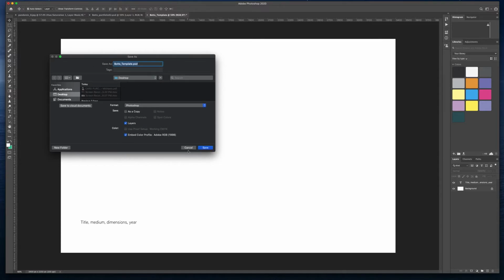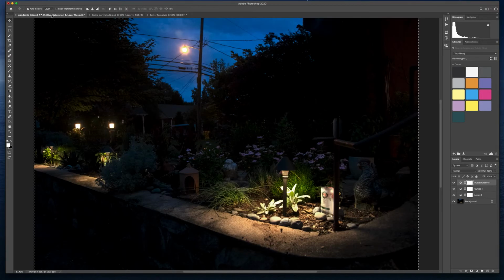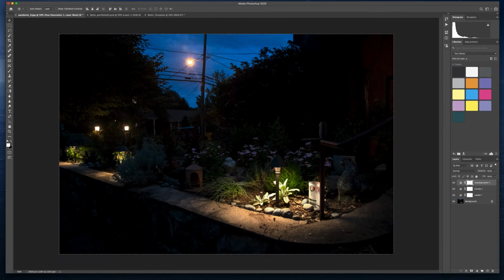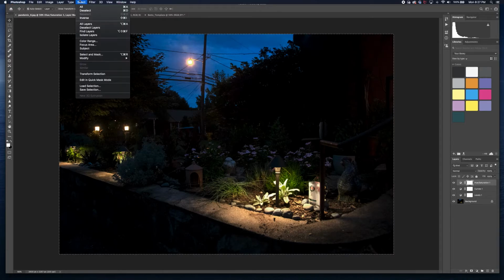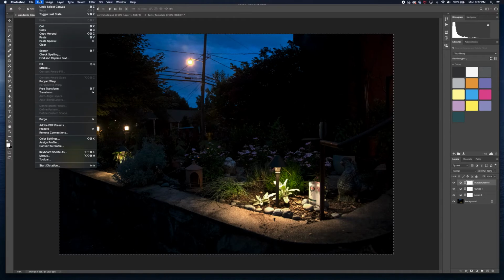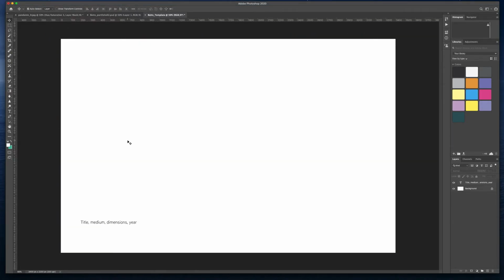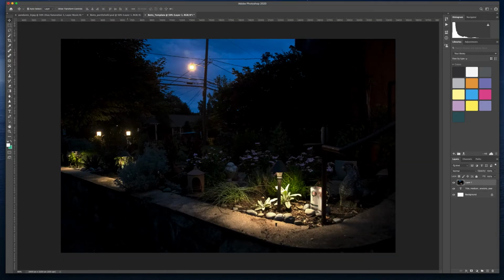And of course, I've already done one like this before, so we're going to make sure that we have that version saved. So once again, I've got my template page. The next thing I'm going to do is, let's say that I have an image that I went through and edited. I have all my edits right there. I'm going to go up to Select All. I know everything's selected when I have those marching ants all the way around my screen. I'm going to go to Edit, Copy Merged, go back to my template, Command V, Command T,